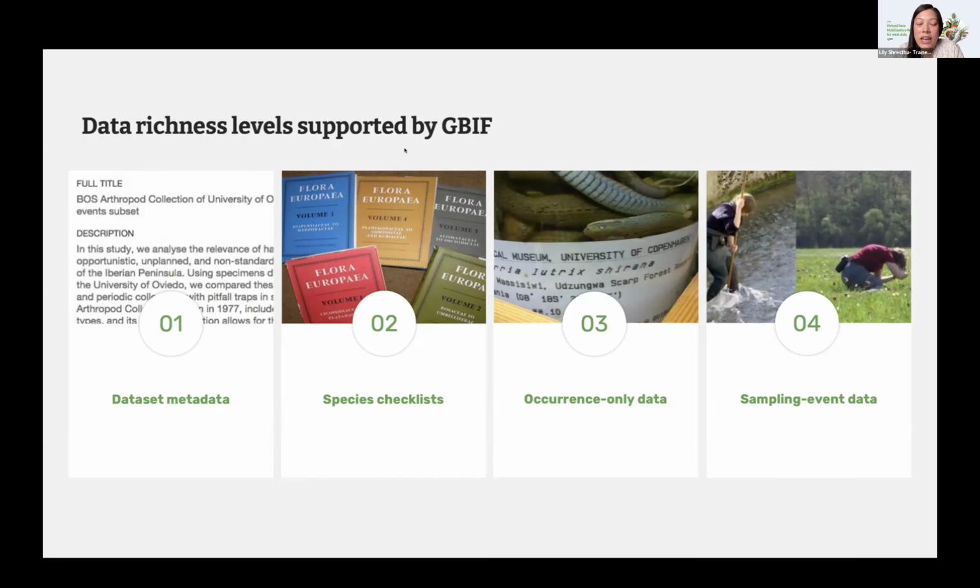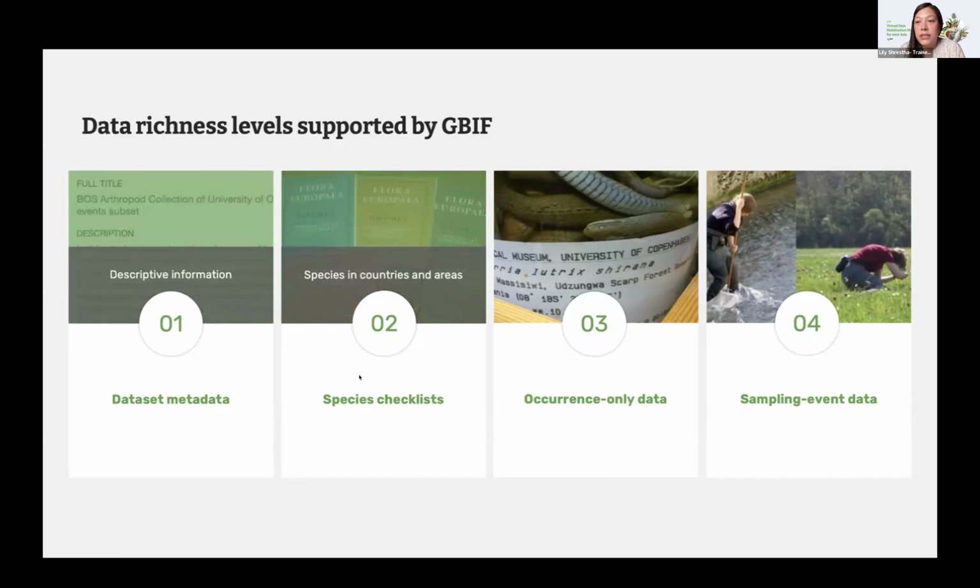So this type of dataset can be useful for sharing when, for example, your records are not ready to be shared, but you still would like the users to know that the dataset exists and is or soon will be published. So this is when dataset metadata can be published. All other three types of dataset contain the actual record of species. Starting from the first one,